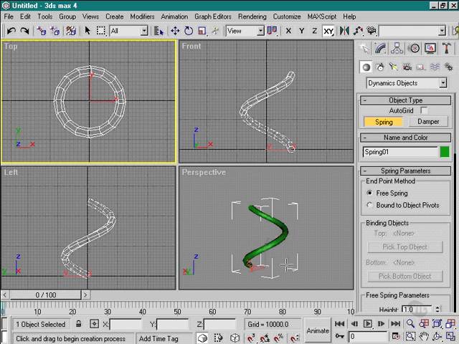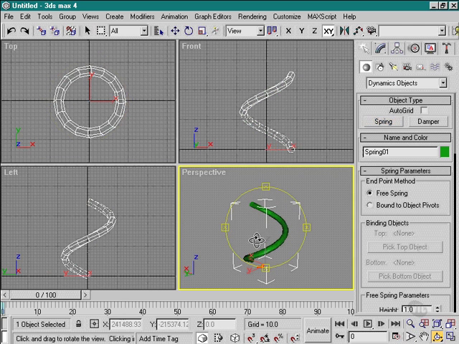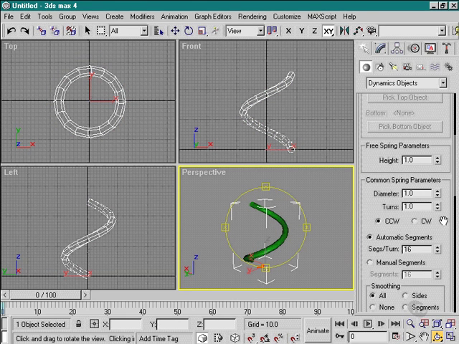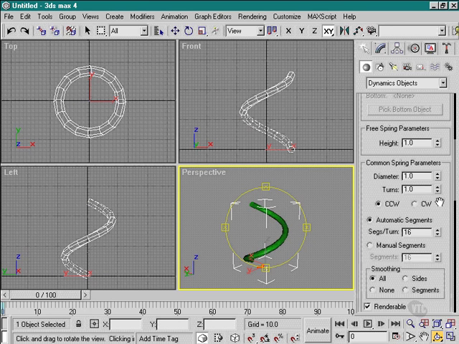So as you can see, I've built a very basic spring by dragging out its radius, its inner radius, and its height. From here, I can play with the creation parts of it, the common spring parameters like the amount of turns, the diameter, its direction, and so on. So now if I create the spring,